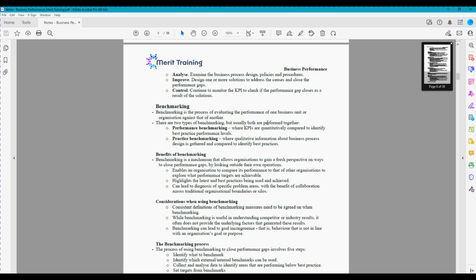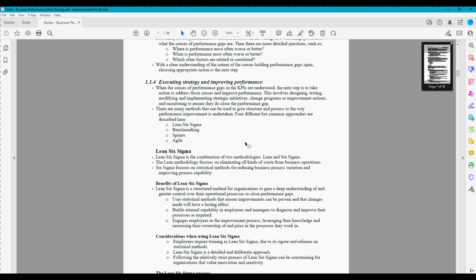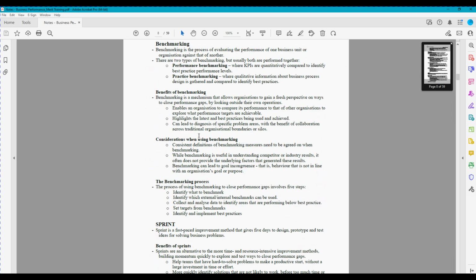Next is benchmarking. So this is the second type. We've finished Lean Six Sigma. The next type of model to analyze performance improvement is benchmarking. Benchmarking is essentially getting data by looking outside your operation. It's comparing to what others are doing, particularly best practice, and saying, okay, where should we be if we were operating as efficiently as the best in class in the industry. This could be competitors, it could be nationwide, it could be international, it could even be outside of your industry.